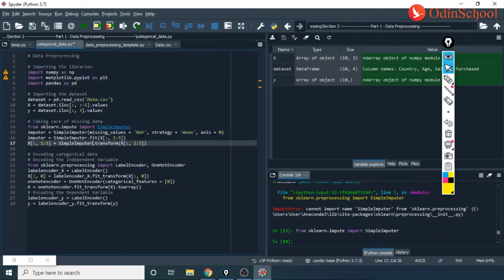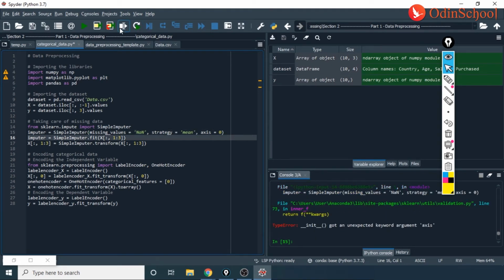So now let us just execute these lines of code to see if we would have an output or if there would still be an error. So now I am executing these 4 lines. Okay, it says it got an error with axis equal to 0. So we don't need an axis equal to 0. Now I would again try executing this once again.